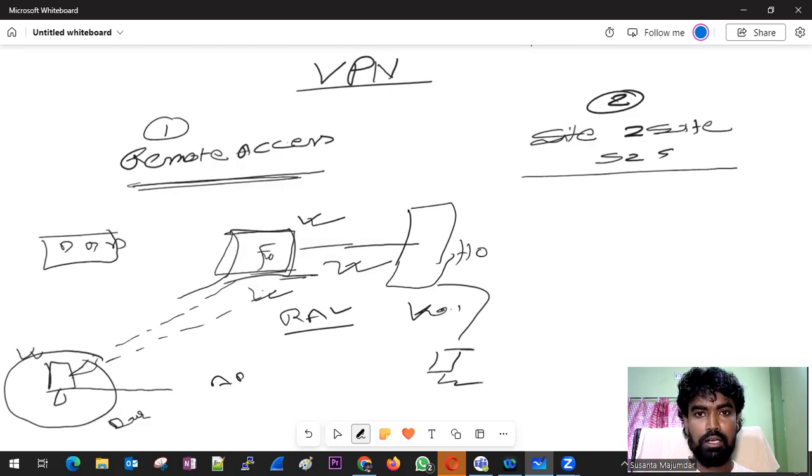your HO server or whatever it is, or your internal applications. So this is the simple thing you have to configure for remote access. Basically, you are somewhere else, outside your office, and your office is located elsewhere. The process is that you connect from your system to your office. This is remote access.